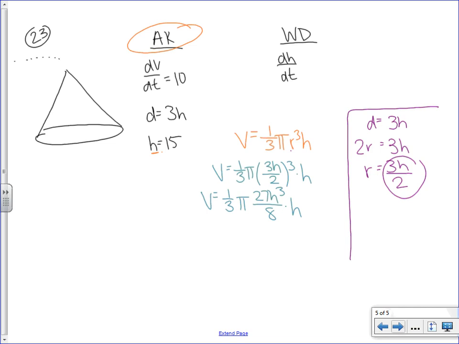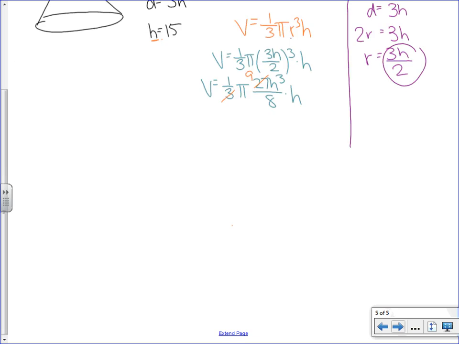And then if I look, 3 goes into 9 3 times. So that cleaned it up a little bit, not a whole lot, but every little bit helps. So really I have that the volume is equal to